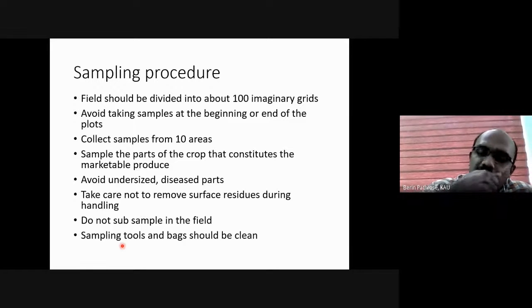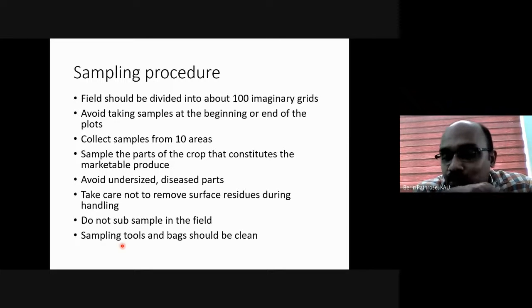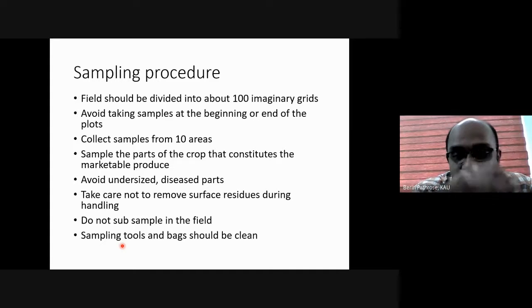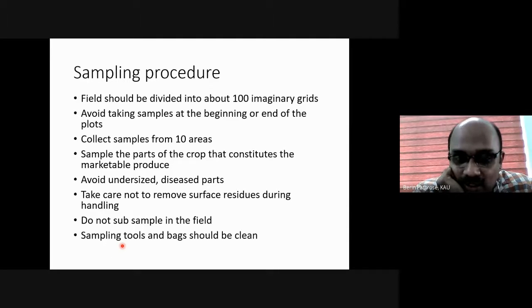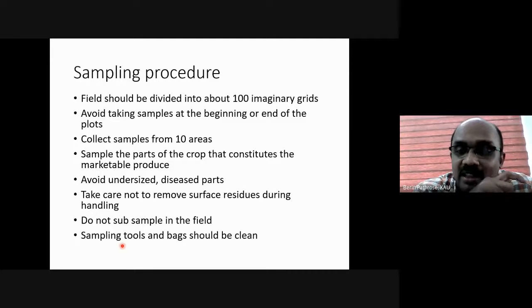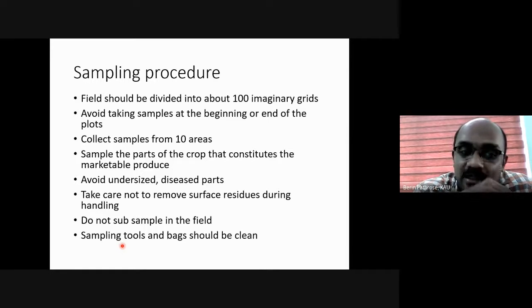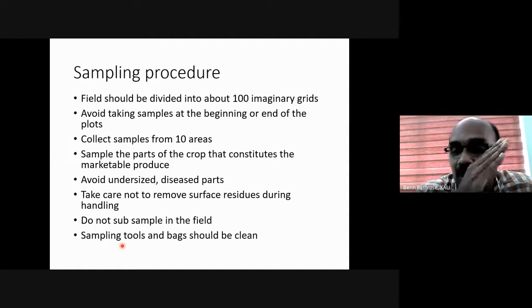Other than that, say if you are going for spraying for the first time, the farmer may be using a sprayer and the sprayer may not have been washed properly. Yesterday he might have sprayed a fungicide, today he might be spraying an insecticide, and he might not have washed the sprayer properly. So the first area, the beginning from where he has started the spraying, may receive residues of the fungicide which he sprayed a day before. That is one problem with the beginning area.